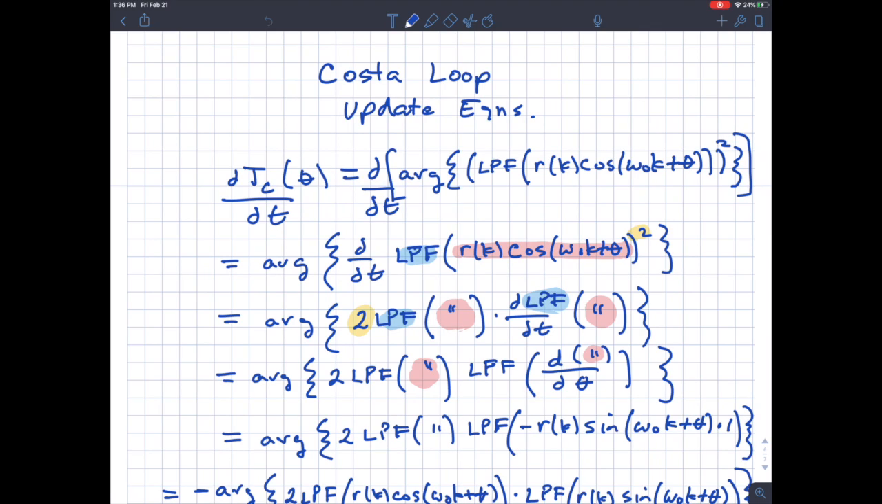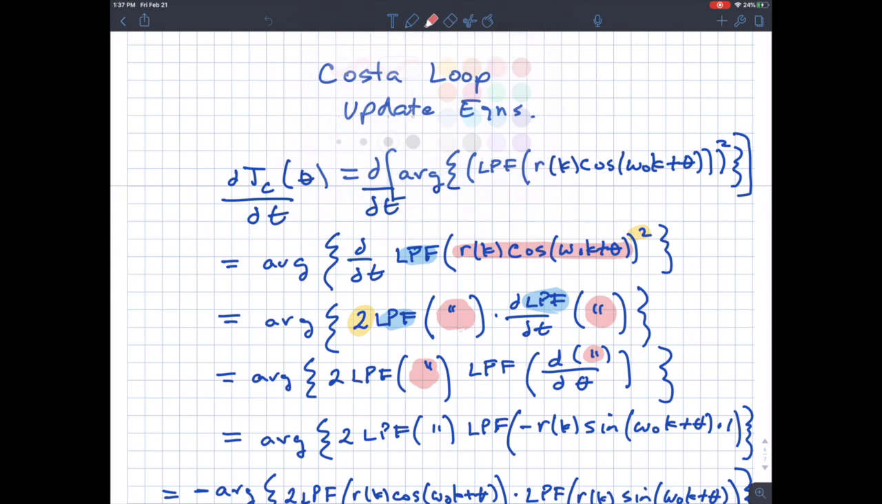Okay, this video covers the Costas Loop update equations that I skipped over in class, because honestly I wasn't sure where the square goes in the cost function. So we started with the cost function that's